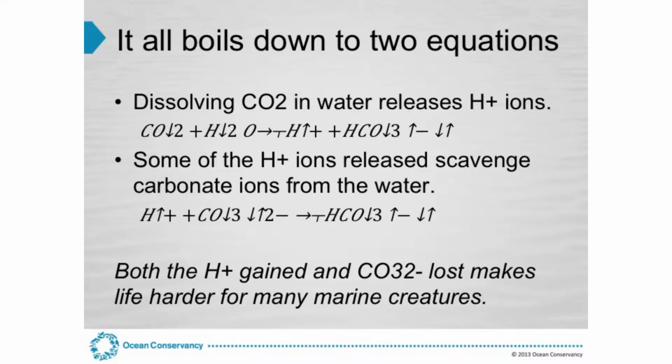We've got data around the world that clearly shows that the atmospheric carbon dioxide rise is resulting in progressive changes in ocean chemistry. So what happens even in the coastal zone, where I alluded to all these processes that are changing the acid-base balance? It all boils down to two chemical equations. When we dissolve carbon dioxide in water, it releases hydrogen ions. Remembering way back to chemistry class, those hydrogen ions are what we measure when we measure pH. So carbon dioxide plus water gives you hydrogen ions and what we call bicarbonate ions.